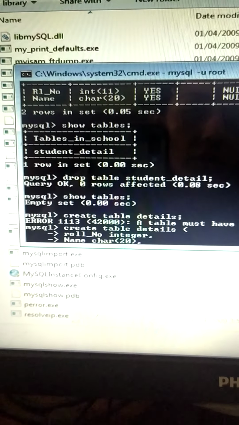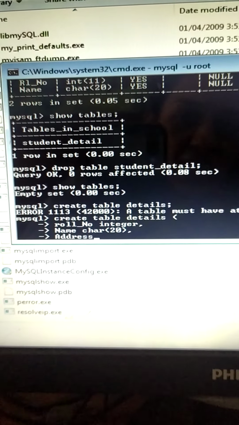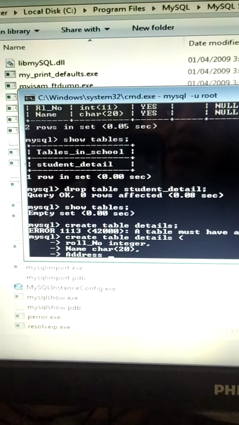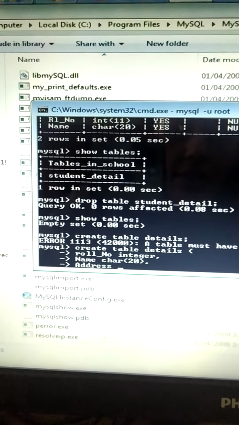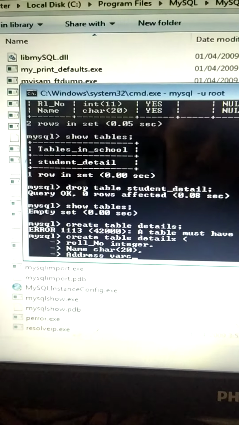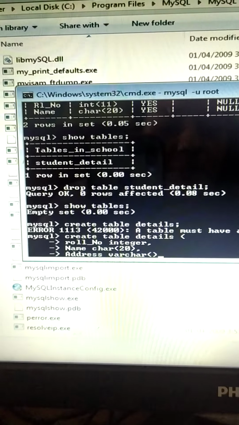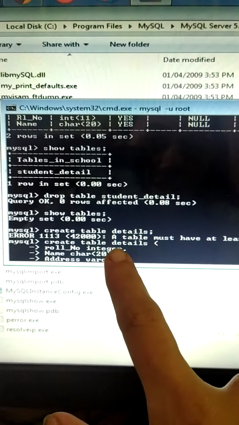Then suppose I want to add the address also. Address will be varchar, because numbers and letters both will be there in address. So it will be varchar. Here you will specify the size. We'll give the limit a bit more than that of the name.